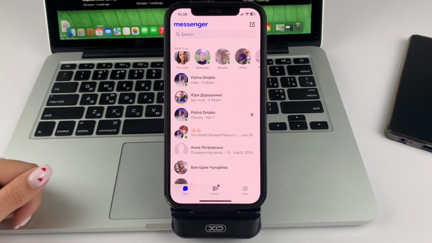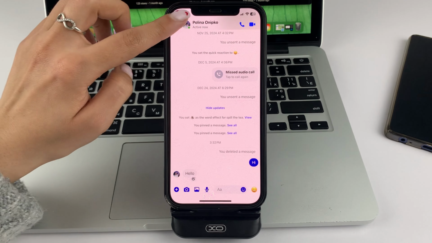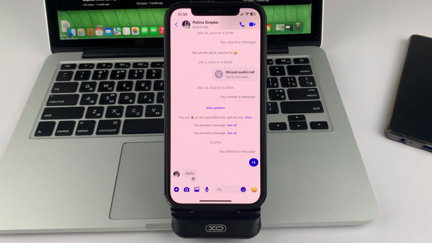Also, friends, you will not be able to see when a person was active. For example, if a person was active yesterday or a few hours ago or a few minutes ago, that's fine. And if you see that the person has been inactive for a very long time, it can also indicate that you have some restrictions and blockages placed on you.